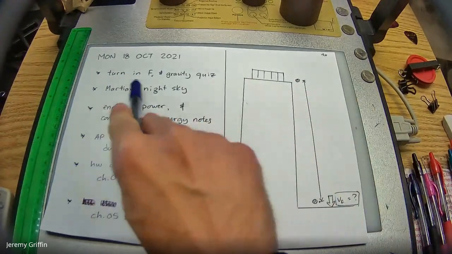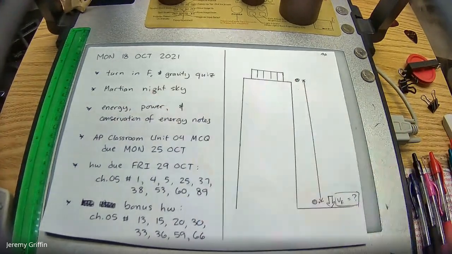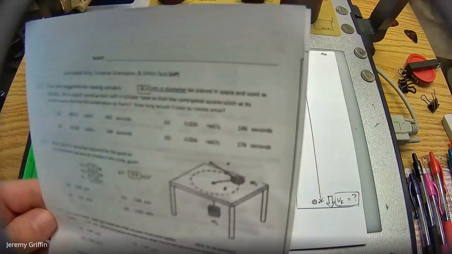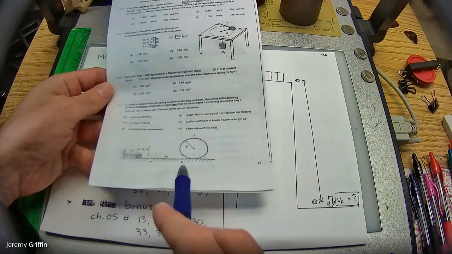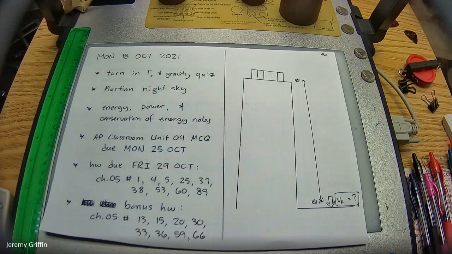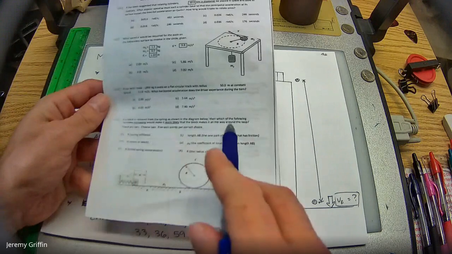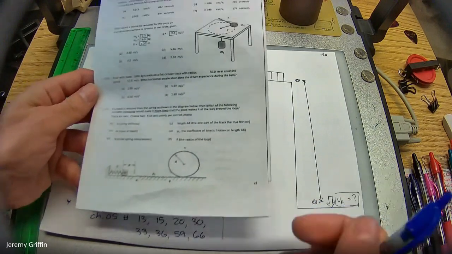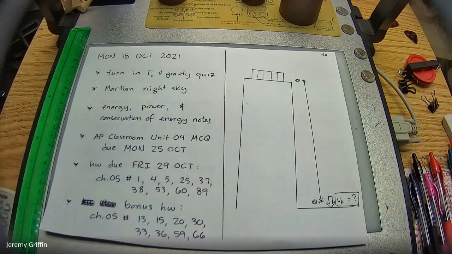A bunch of you just turned in your centripetal force and gravity quiz. A couple of things. One is this number 4 question. I know I did go over this in class, but because this does involve most of the information that we're about to do, starting today, I think I'm going to throw this out, although I am curious to see how many of you did get this right. I don't feel super right about grading that. I should never put this question on here. There's an obvious better question I should have put, but that's fine.